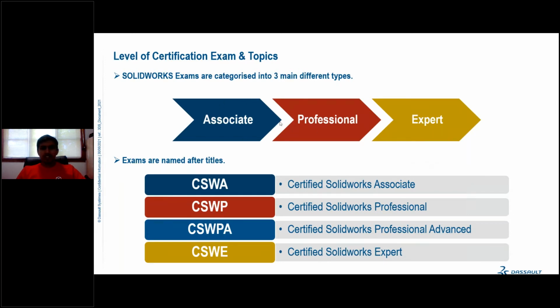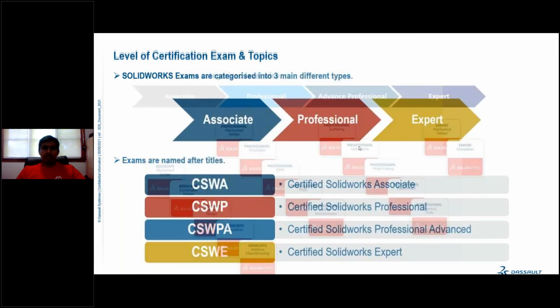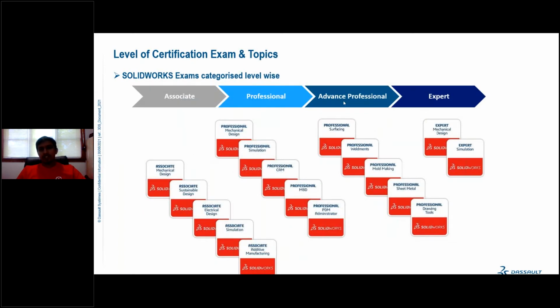Once you complete the CSWA, you can plan for the CSWP. Then you have to complete the CSW Advanced Professional examinations to reach the expert level of SolidWorks certification. In the CSWA, there are sustainable design, mechanical design, simulation, additive manufacturing, and electrical design. You can go for the CSWA, then you can plan for the CSWP.